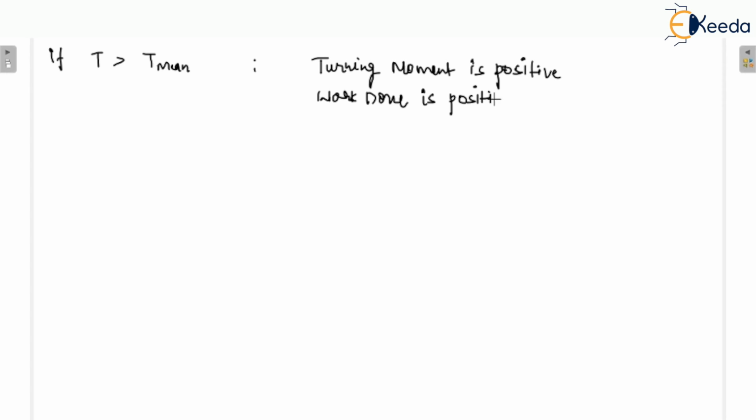In thermodynamics, you studied that if the work is done by the system, then we say the work done is positive, and the work done on the system is considered negative work. So this is positive, that means work done by the system. And the third point is the crankshaft accelerates in this case. This may be a theoretical question. So you must understand this crankshaft acceleration.